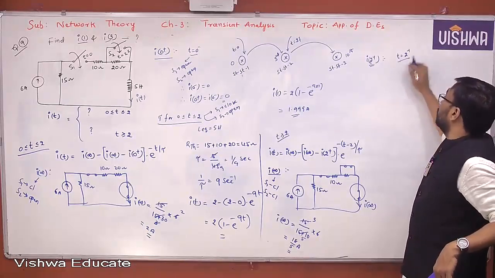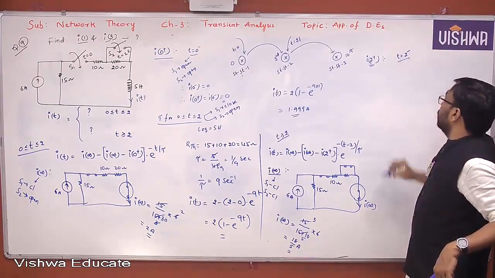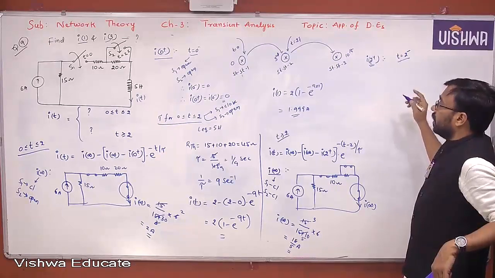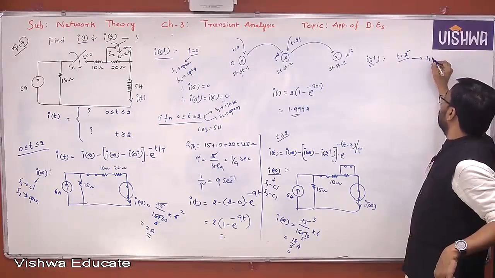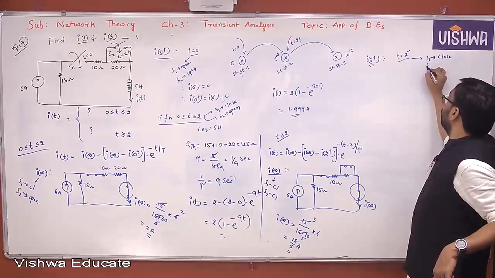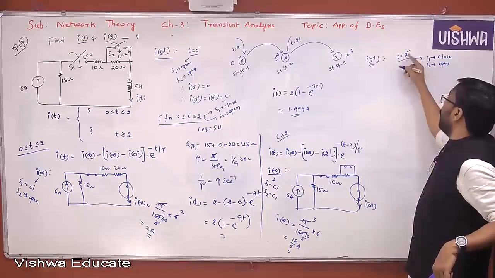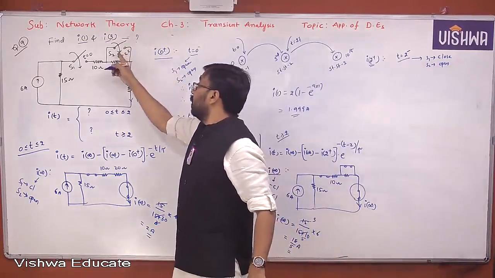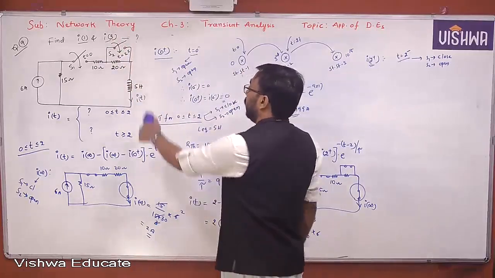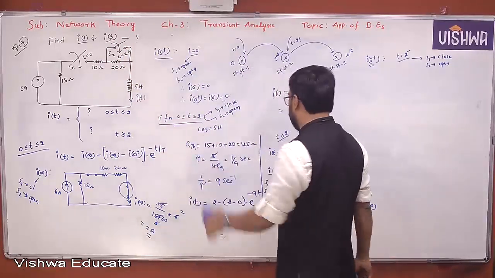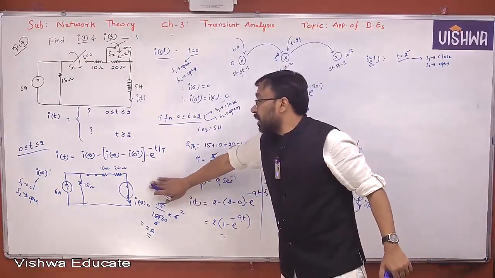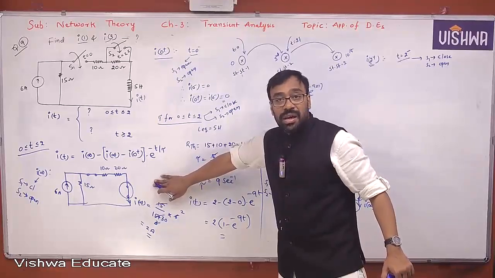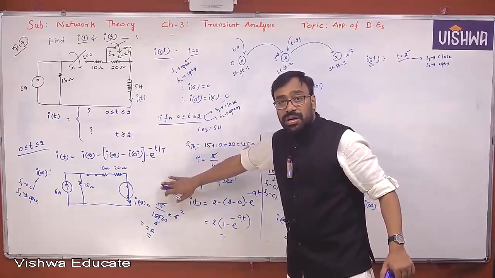But let us try to find the t equal to 2 minus conditions here. T equal to 2 minus means, again, the network. Here the switching operation: S1 closed. Let me write it clearly. S1 closed, S2 still open because it is 2 minus. At t equal to 2, the switch is closed, right? But at 2 minus, it is still open condition only. And the inductor is acting like a short circuit. It is nothing but whatever I of infinity you have calculated, understand all of you? That is nothing but what? T equal to